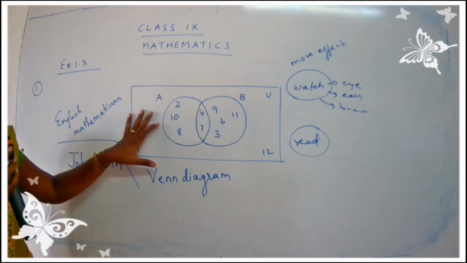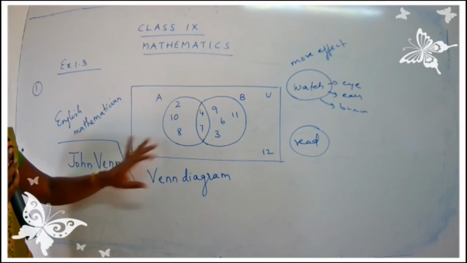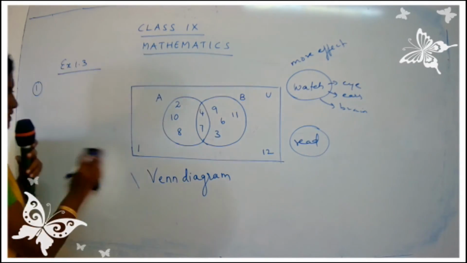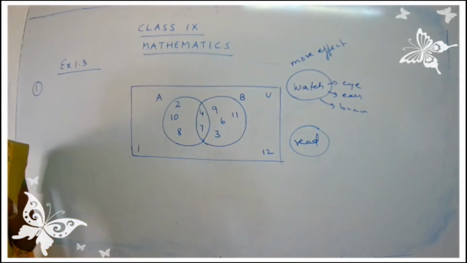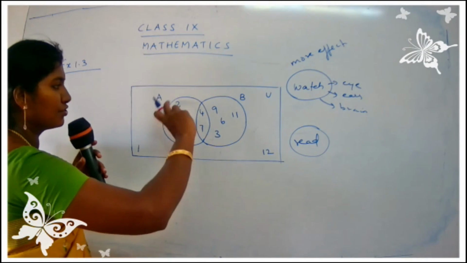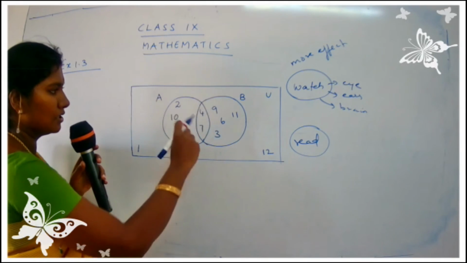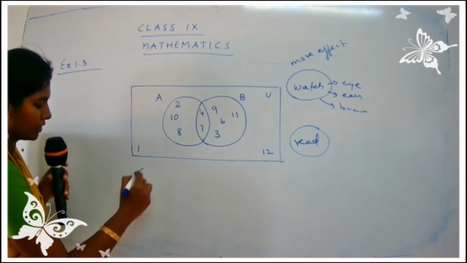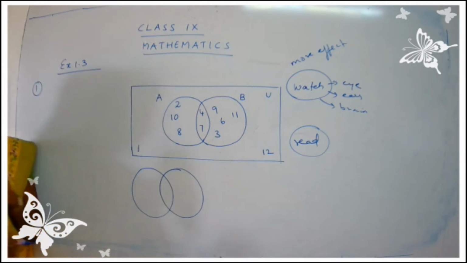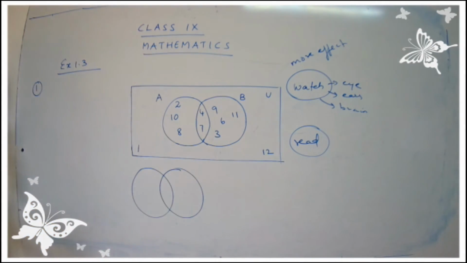So we are going to see about the Venn diagram. I want you to write down the question. I hope you have taken down the question. Now take your scale and your pencil. If you have a compass, you can draw the circles with the help of a compass. Draw two circles. Be careful how you draw them. Draw one circle, then draw another circle such that it intersects.